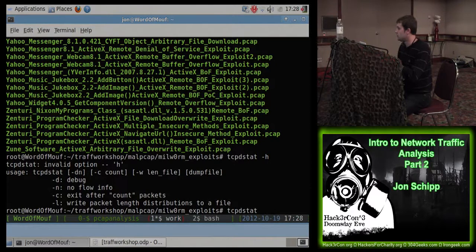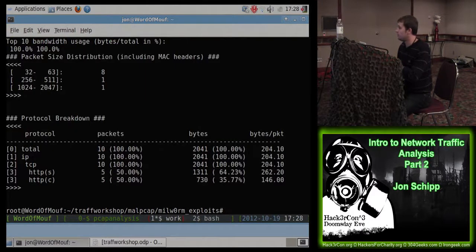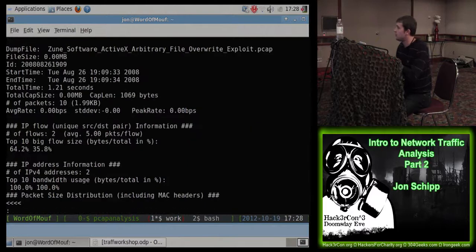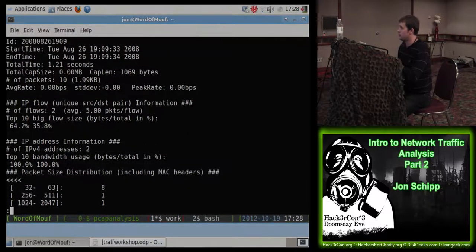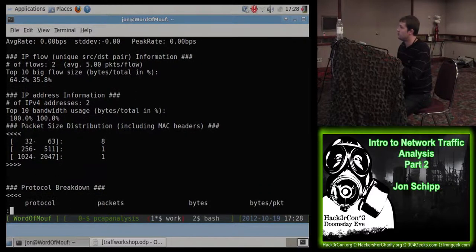So I'll let it go do its thing by default. And we'll specify, let's just do the Zune one at the bottom. I use tab to autocomplete, by the way. And here's some basic information. It takes a little bit to look at the output. I recommend doing that. But you get the start time, end time, seconds, average bit rate,